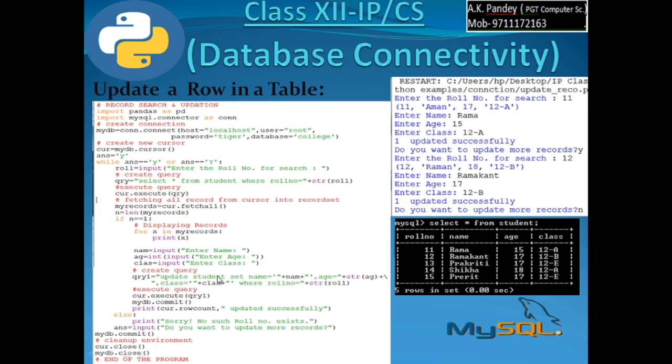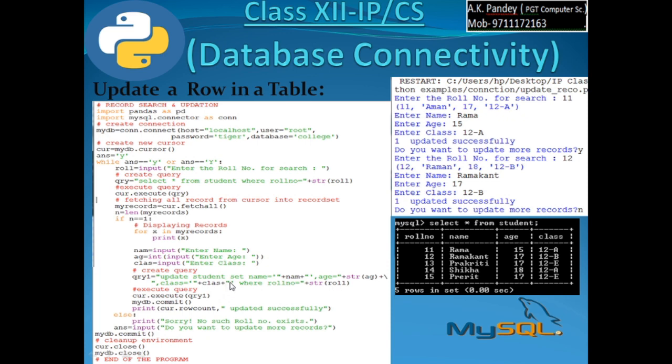One way of checking whether this command is correct or not: just before executing the query, you can write print QRY1, run the program, and find out whether your query is similar to the query that we issue on the MySQL prompt. So it can be verified by printing its content. Print this string QRY and look at it in the next step, print QRY1, and do not execute yet. Then match whatever is printed with the MySQL command, and check that no comma or apostrophe is left out.